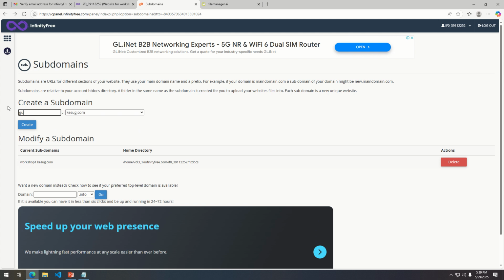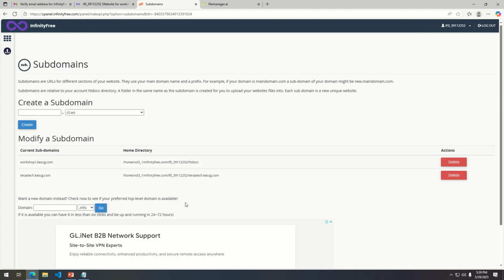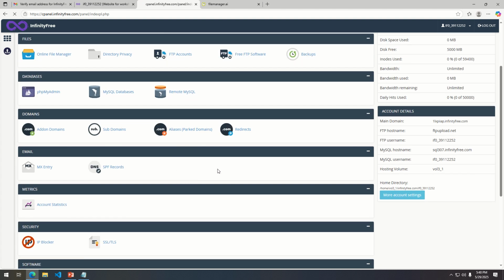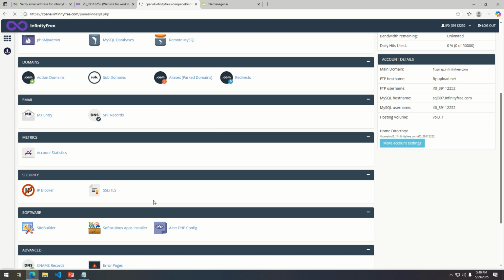So let's see, teratech.this. Yes, you can see this is in progress. So we'll be able to create a subdomain with this. Can you see we have the main domain here, workshop1.ketsu.com. Then we have teratech.ketsu.com also as a subdomain. All right, so this is how to create a subdomain. I don't want this to be too long,